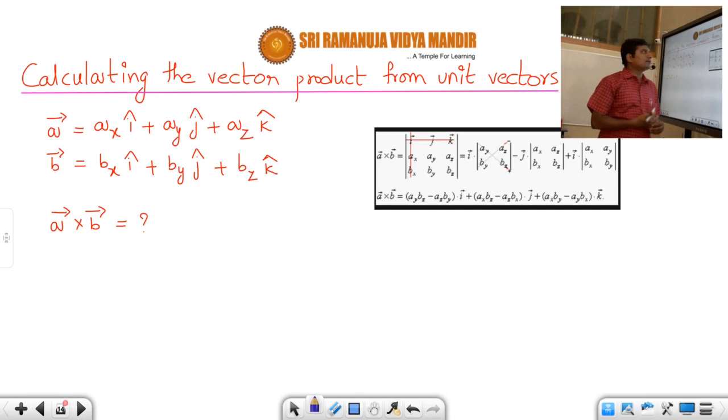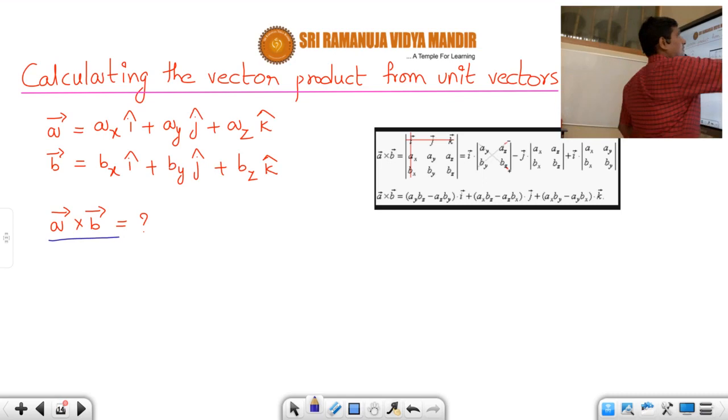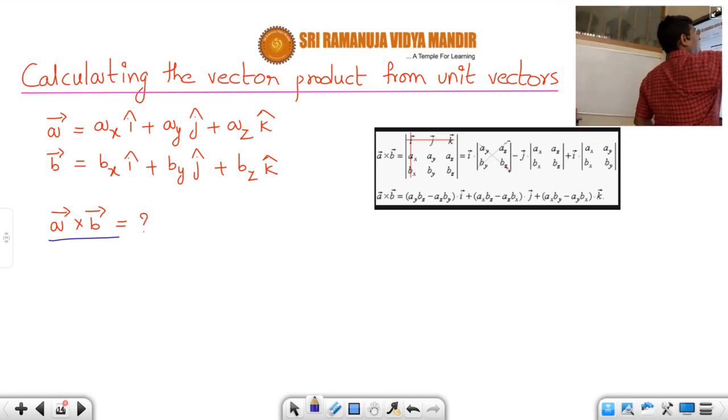Now, how to calculate the vector product when the vectors are given in the form of unit vectors, students. For example, here they have given 3 dimensions. Suppose A bar is equal to AX i cap plus AY j cap plus AZ k cap, and B bar is equal to BX i cap plus BY j cap plus BZ k cap. If you are asked to calculate A bar cross B bar, students,